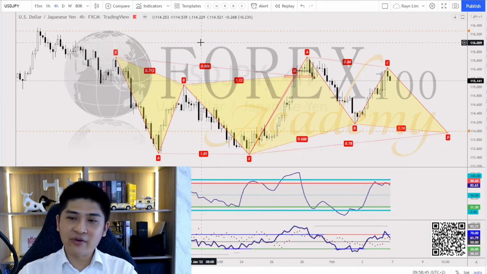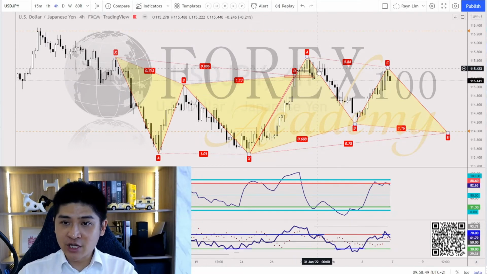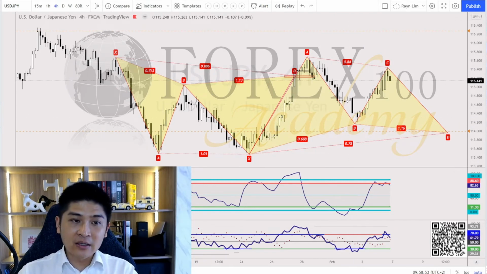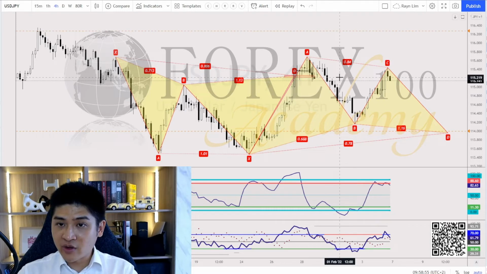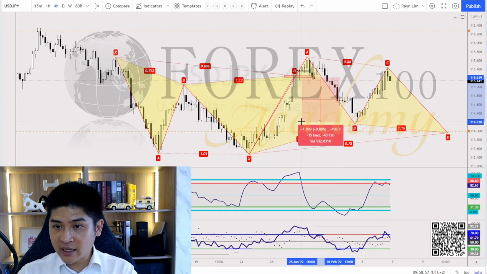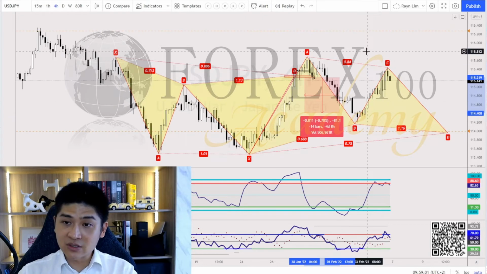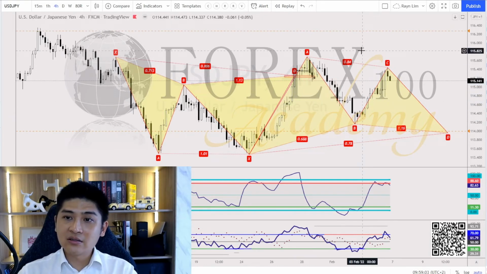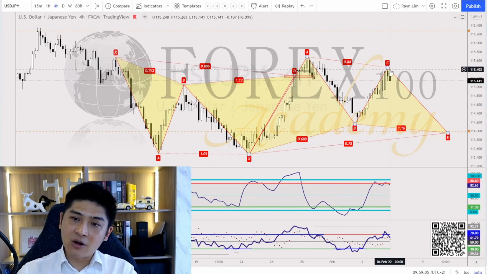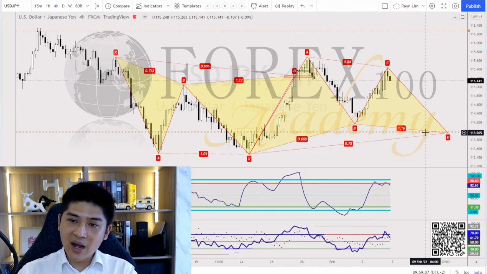have watched my previous weekly market analysis on dollar yen, congratulations, you have hit both targets over here, and most likely you engaged somewhere over here, because that's a completion point, and maybe as it's somewhere over here, 81 pips is not too bad. All right, so if the market continues to go down, then we might just have a